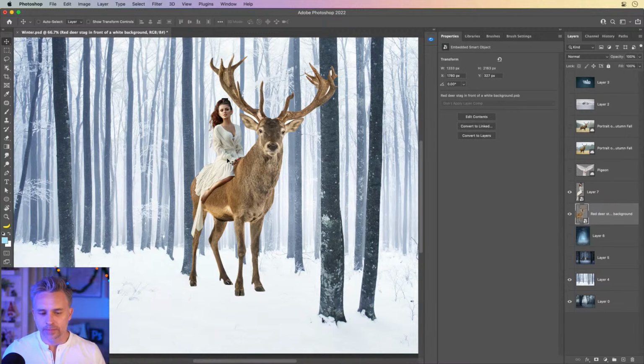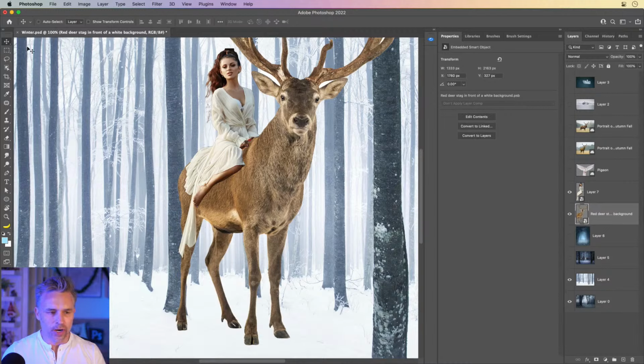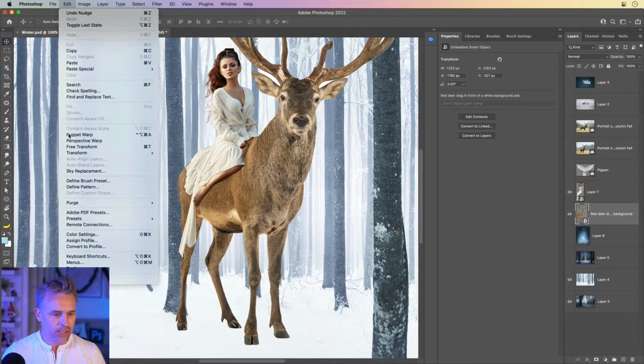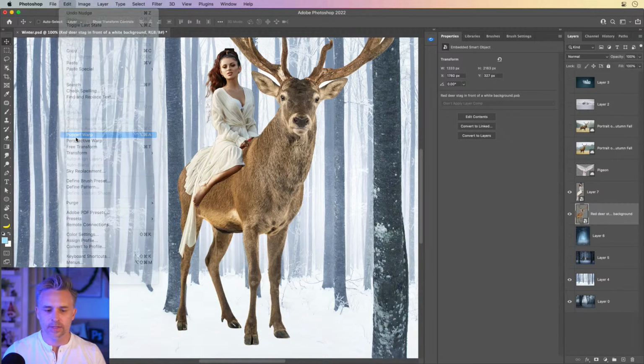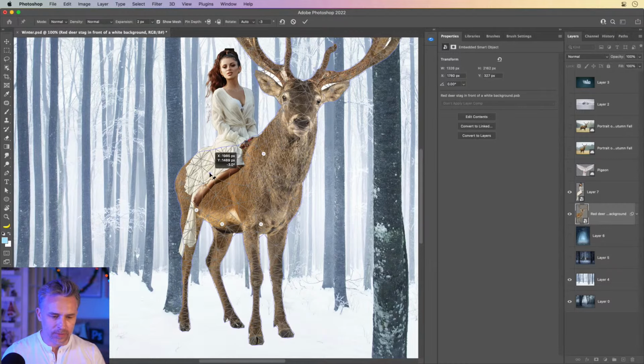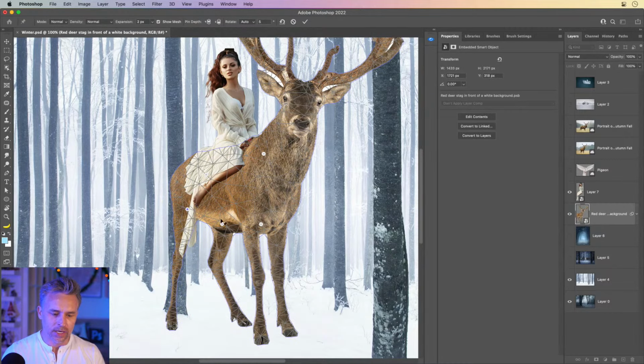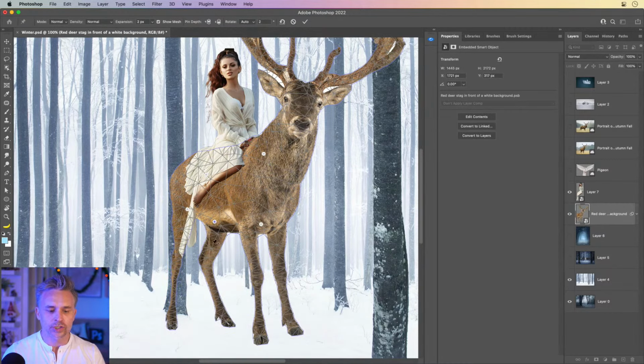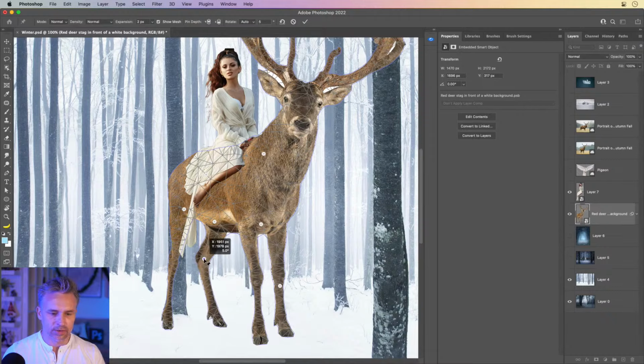And by the way, we got extremely lucky when it came to this red deer. If it's not at the right angle, what I would typically do in this case is use something like Puppet Warp. That will allow me to drop in some pins, pin down some areas, and maybe stretch out this part or give it an entirely different angle if I want more motion, whatever the case may be. I could do that right in here. So we'll do something like that. Just stretch it out a little bit so she's nice and comfortable on this lovely